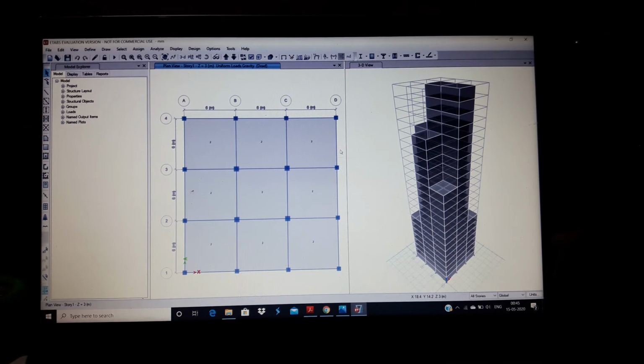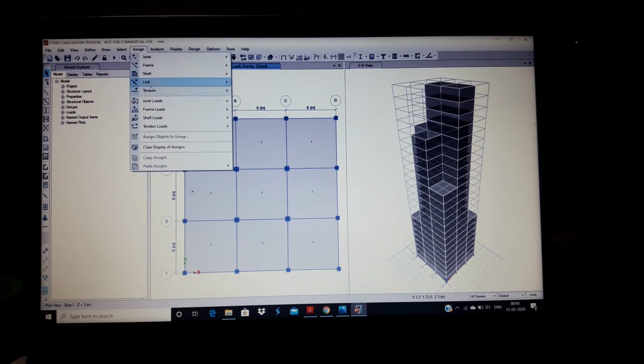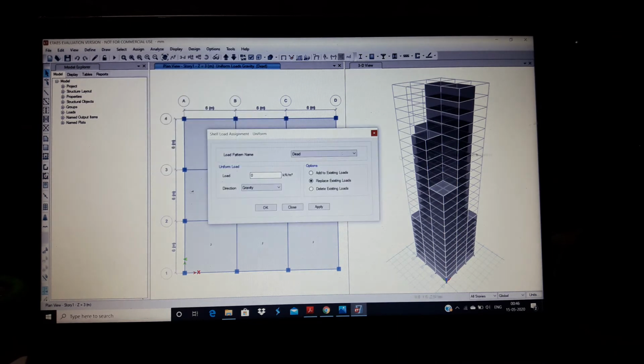Then for the first set of stories, assign live load from here, live load as 5, and then for the second set of stories as 4.5, third as 4, and fourth set of stories as 3.5.